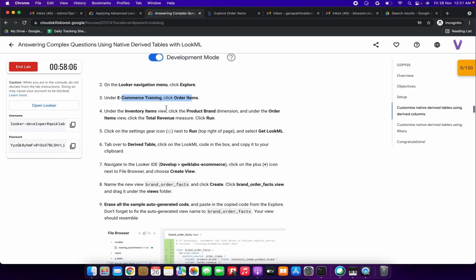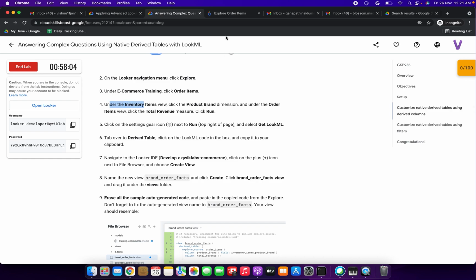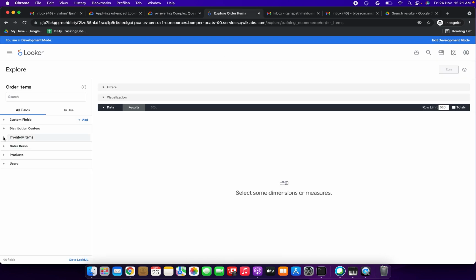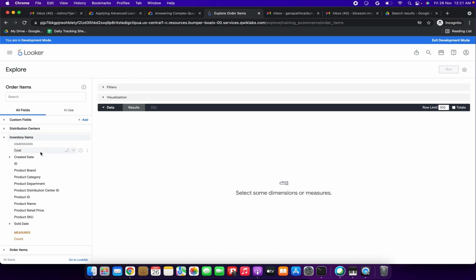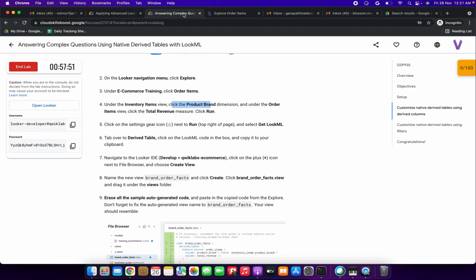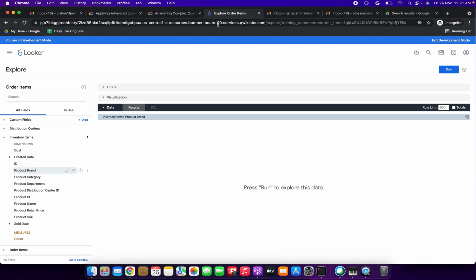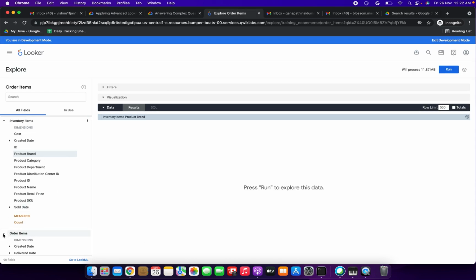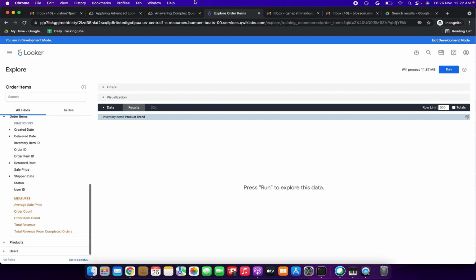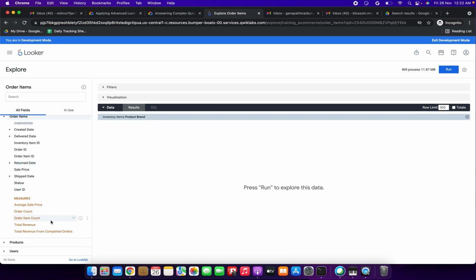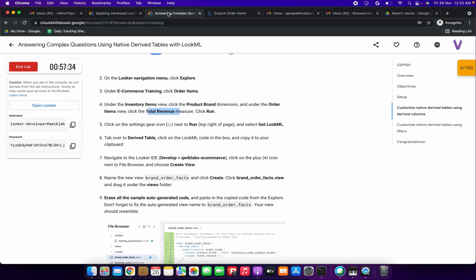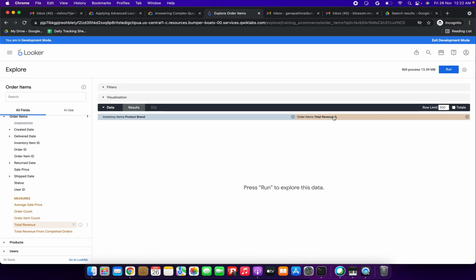Then under the order items view, go to the measures and select the total revenue. Just click this total revenue, then finally we need to click run.